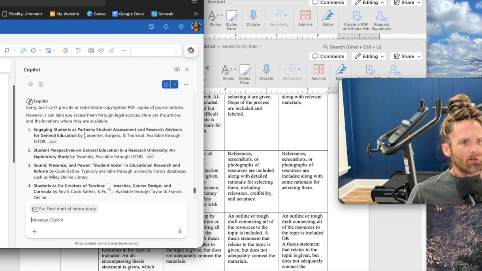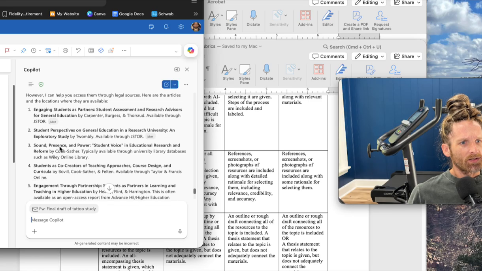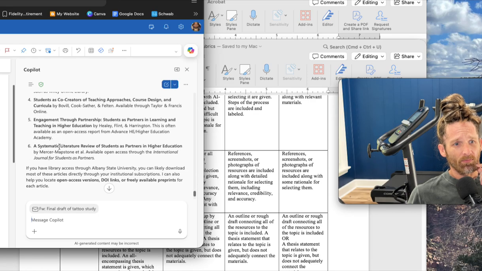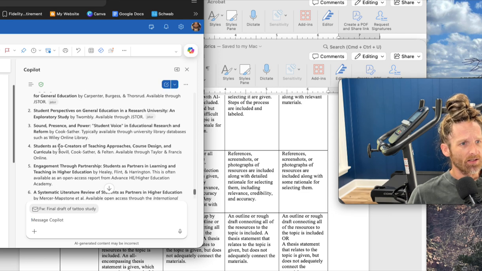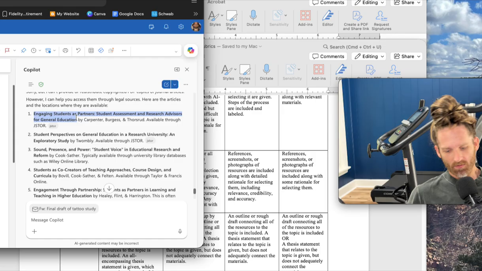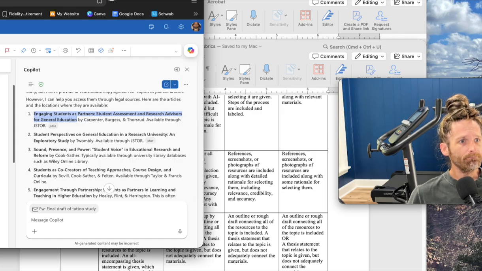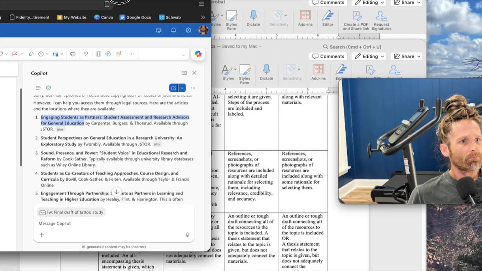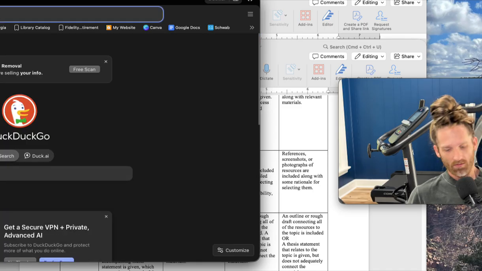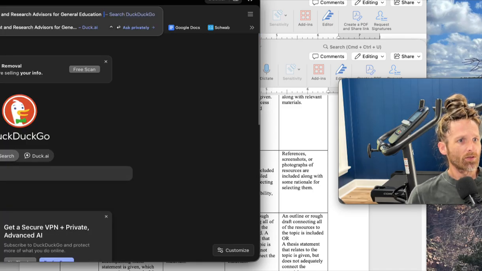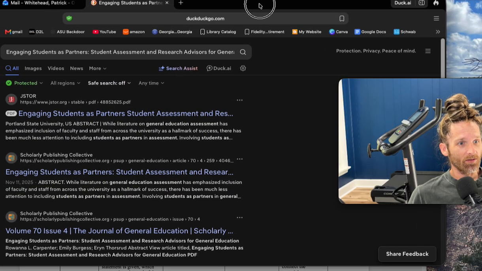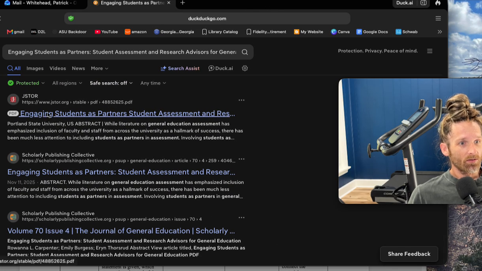Okay. So these are just links to JSTOR, which are online repositories, which I may or may not have access to. So I'm going to copy and search for them online. I don't want to show too much of that email. So I'm doing the title of the article and then writing PDF afterwards. All right, so